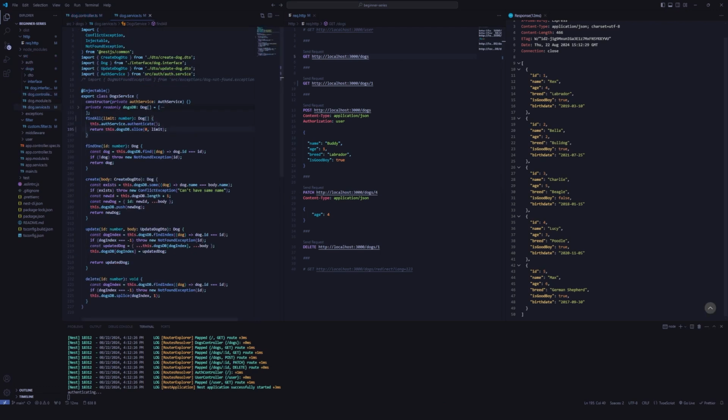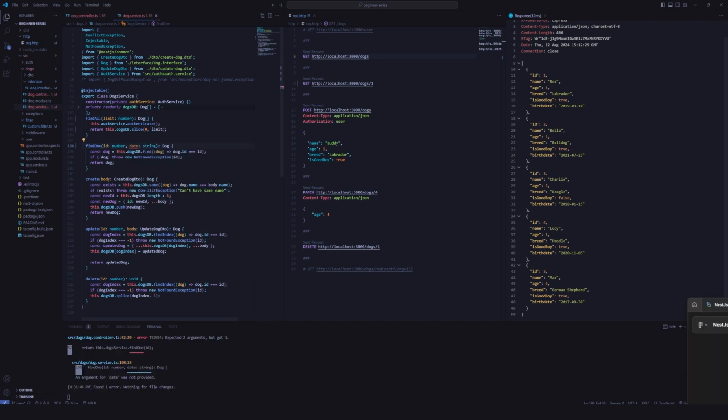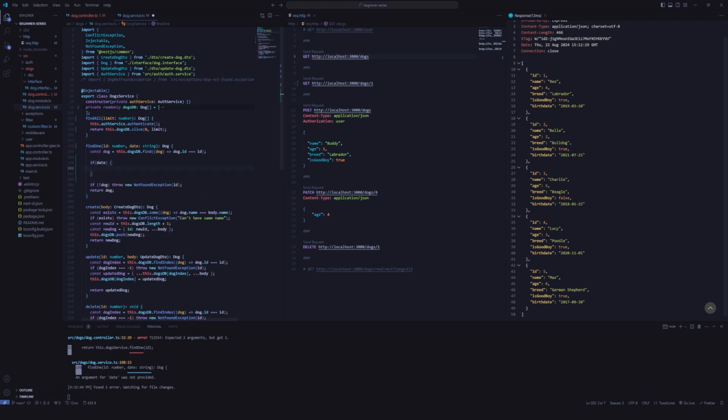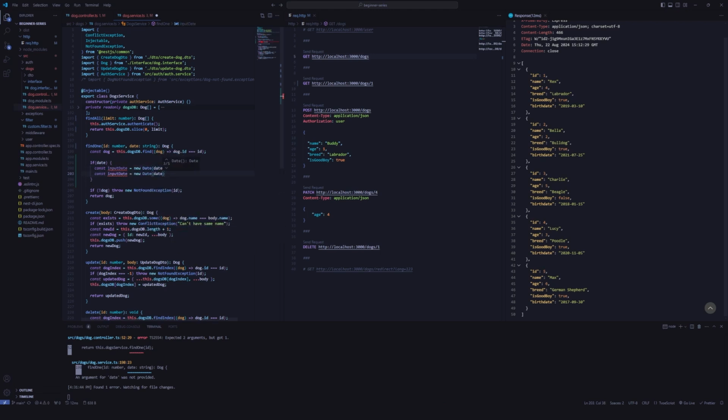Let's go to our dog service, and here in the find one, let's add the date, which is going to be a string for now. Now let's add some logic to check if we got the date right or wrong. For that, I'm going to say if the user sends a date, because it's going to be a query, which is optional, then let's transform the date it was sent to an actual date using new date, const input date equals new date. And here you put the date that the person sent, and we can copy this, but instead of input date, it will be the actual dog birth date, which will come from